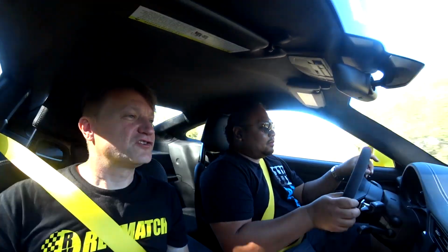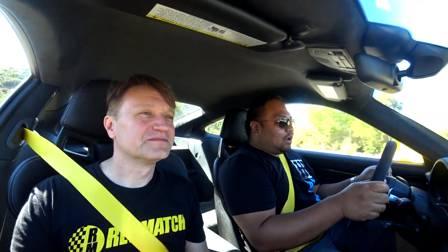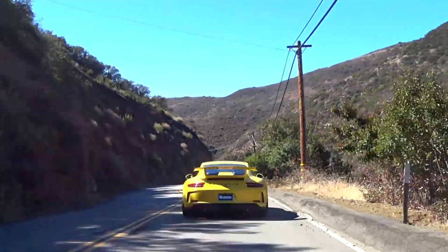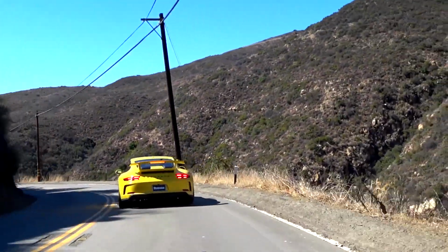So you chose the GT3 over the Turbo S, which is roughly in the same price point. What was the calculus that went on in your mind choosing between these two cars? The calculus was I wanted a rear-wheel drive car. I wanted something that was a little bit more analog compared to the Turbo, and I wanted a naturally aspirated